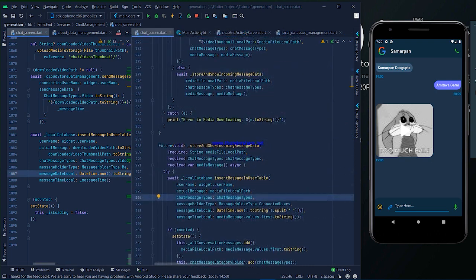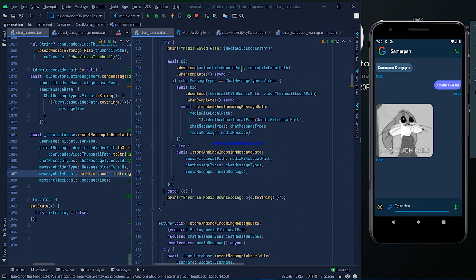Here you can see when the chat message type is video, as the media file local path we pass video thumbnail local path plus media file local path, with the adding plus, and then we provide the chat message type and the media message. And if the chat message type is not video, then we don't have to download the thumbnail, because except for video there is no thumbnail, so we just switch to that method.